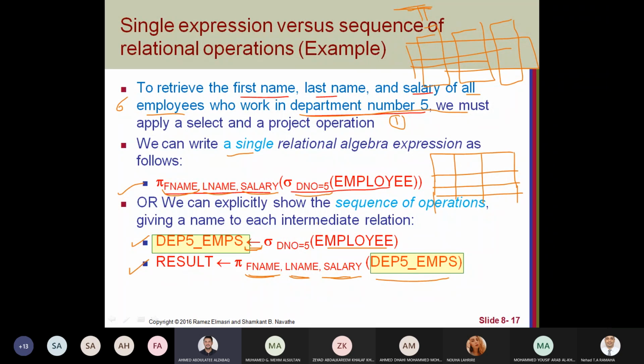In two ways, we have the same result, but which way do you prefer? Okay. If it's simple like this, I prefer to make it one single expression. But sometimes you have more complicated ones. We will see later when you use join